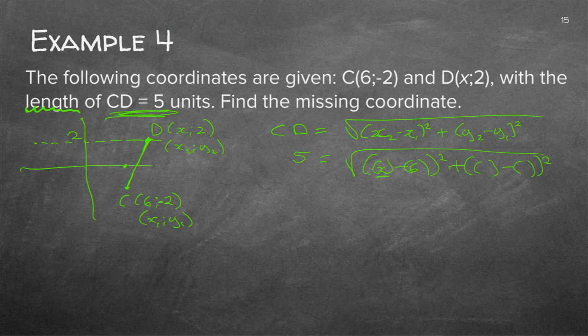And then the y2 was 2 minus the y1 was minus 2. Again, can you see those two minuses next to one another? That is where one is going to make a mistake if you did not use this empty bracket method. When you substitute, you use empty brackets. So let's quickly work it out. It is x minus 6 square plus 2 plus 2 is 4 square.